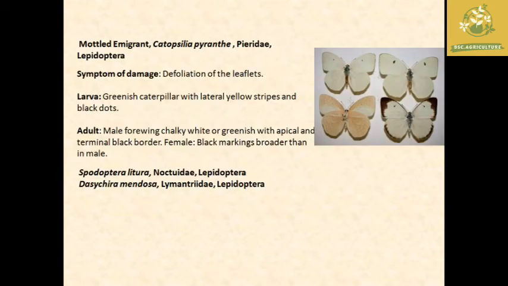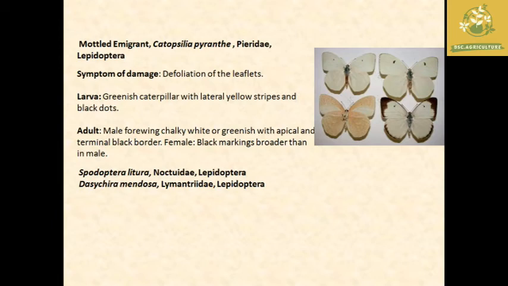And the next one is molten emigrant. The pierid butterfly and molten emigrant come under the same family Pieridae. The molten emigrant's scientific name is Catopsila pyranthe, and the order is Lepidoptera. The major symptom of damage is defoliation. The larva is a greenish caterpillar with lateral yellow markings and black dots,